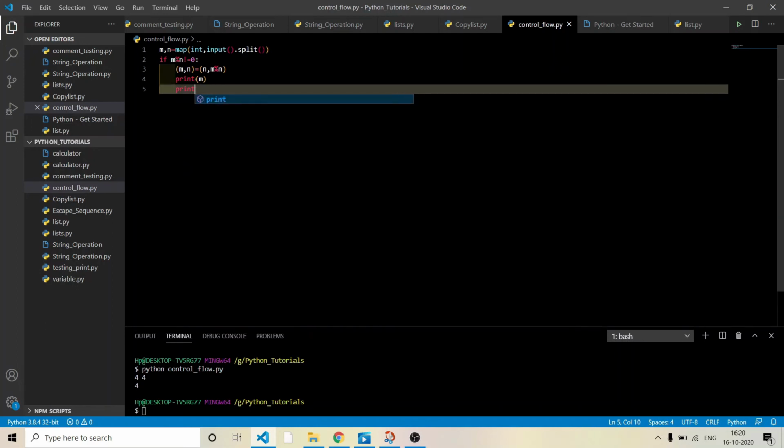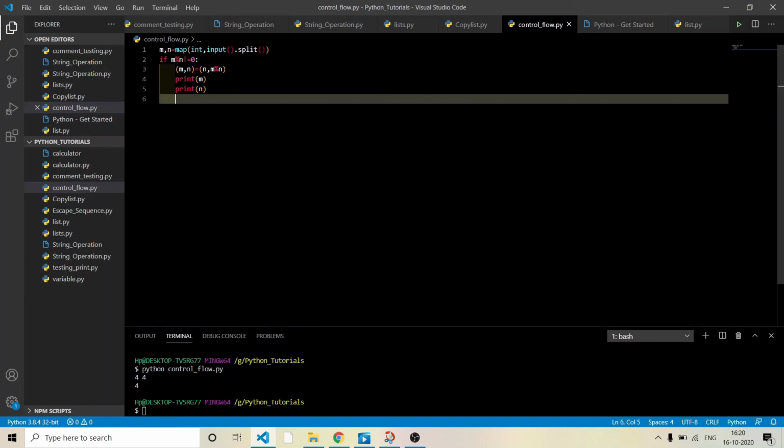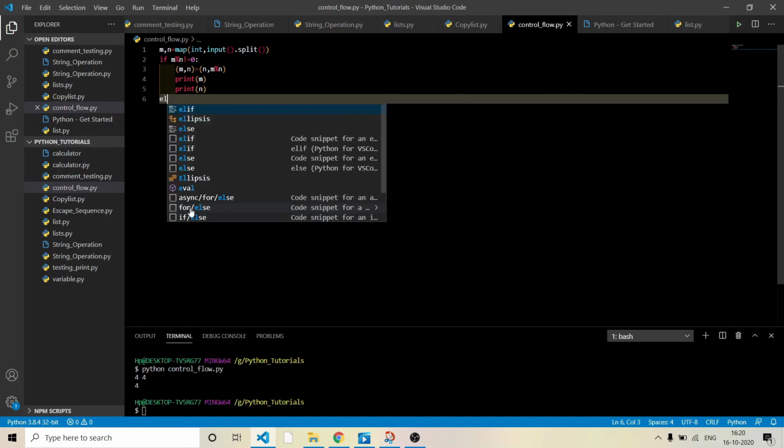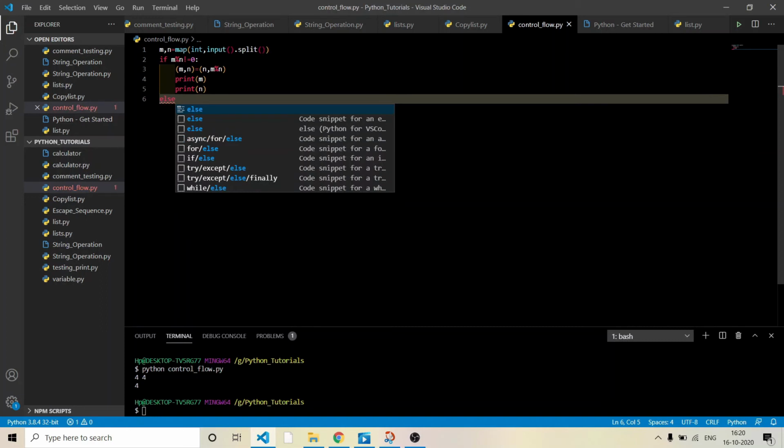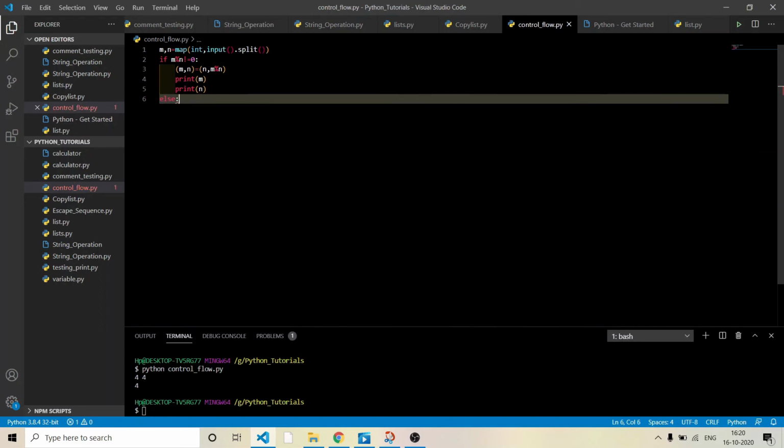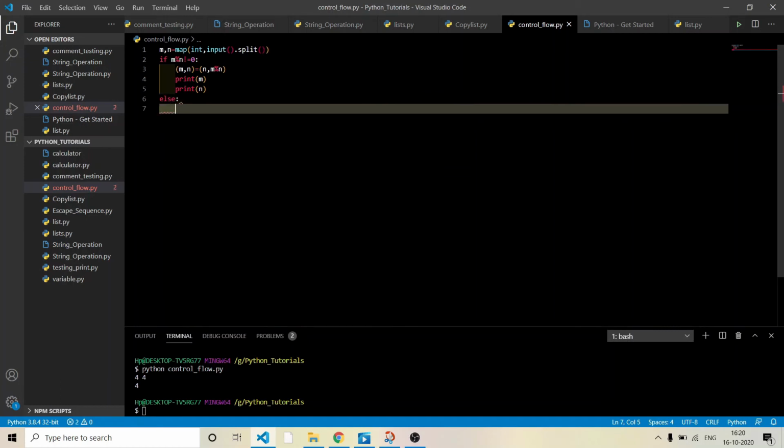m and n respectively, and if my condition is false, that is if the condition of if will not satisfy, it will jump directly to the else condition, and we'll write else as GCD equals to n.